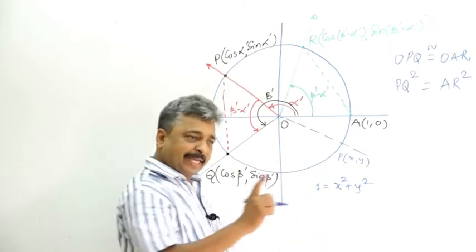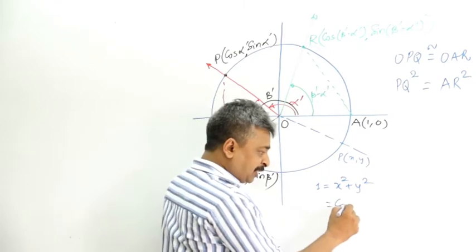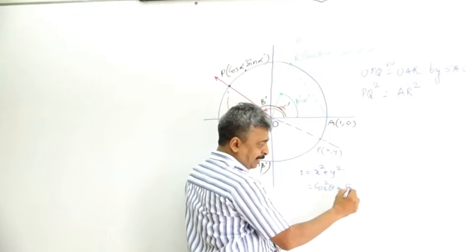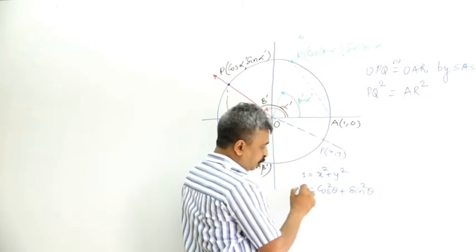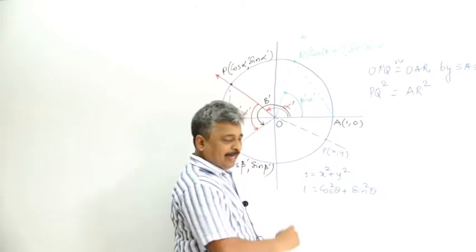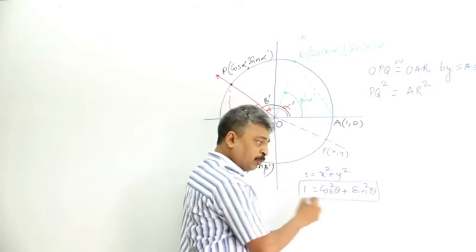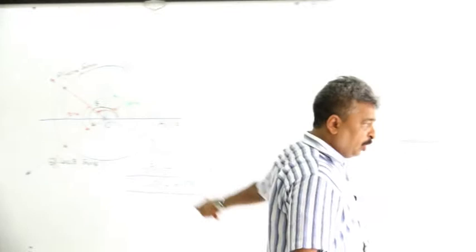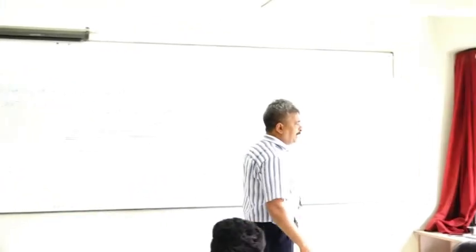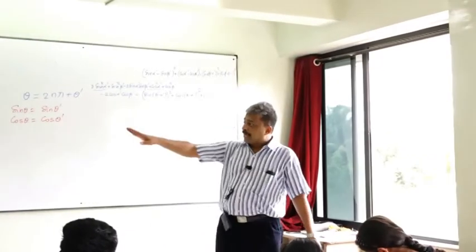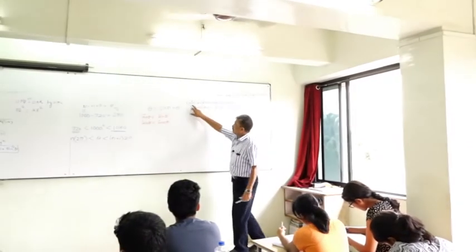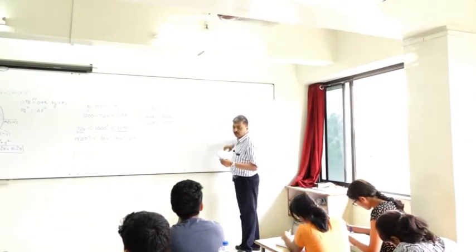But what was our x? x was cos theta. And what was our y? Sin theta. So this identity is true. And if this is true, the remaining 2 will be true, dividing by sin square, dividing by cos square. So in the new definition of sin, cos, tan, those identities continue to remain true, which we are going to use here. Sin square alpha dash plus cos square alpha dash is equal to 1.